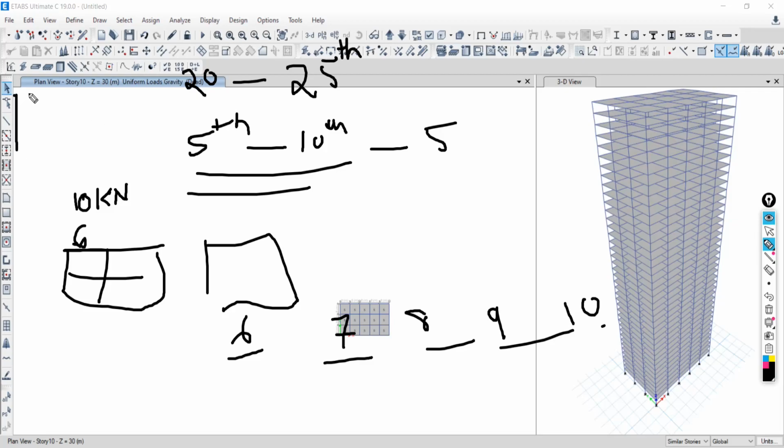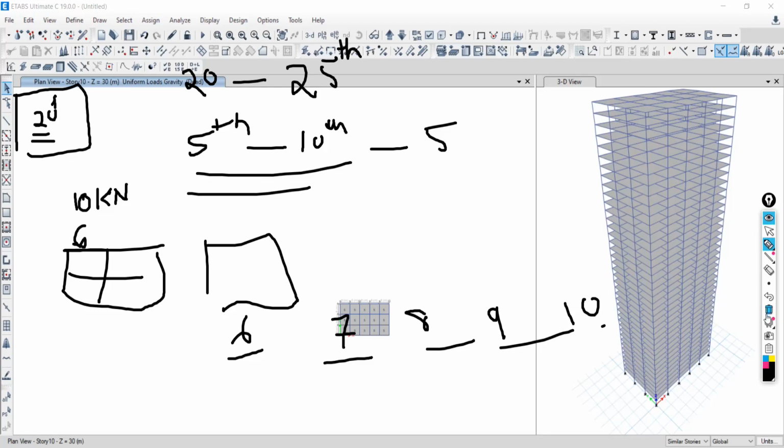Suppose I have to assign the slab load at the 20th floor. That load I have to assign to 21, 22, 23, 24, 25. So the same thing I have to do 4 times. That is again a waste of time. I can save my time.